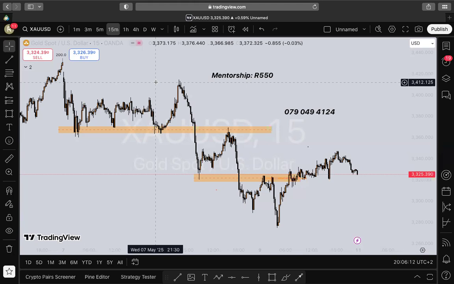Your 4-hour, if it gives you a fair value gap, either it's a buy fair value gap or it's a sell fair value gap, right? You take it very seriously because that's that day's direction. That's your daily direction, where the market is going to go. When it touches inside that buy fair value gap, the market is going to go up. When it touches inside that sell fair value gap, the market is going to go to the downside. So that's how you can get your direction. You understand what I'm saying?